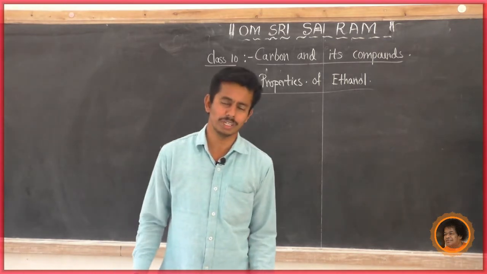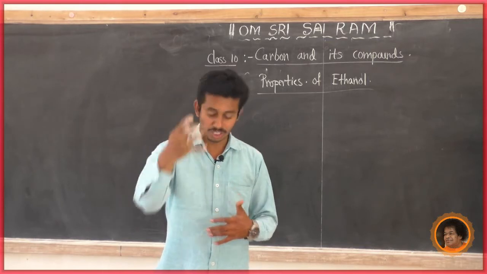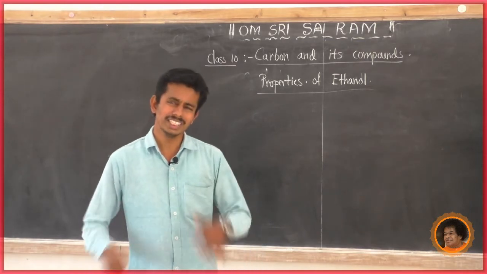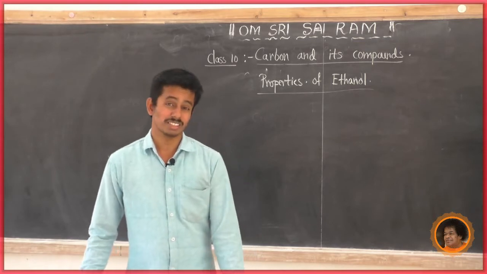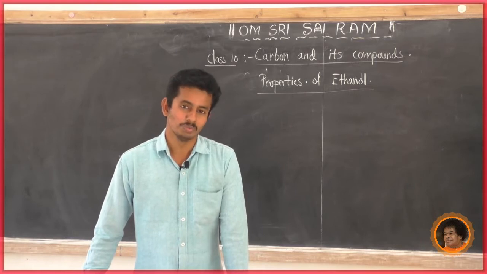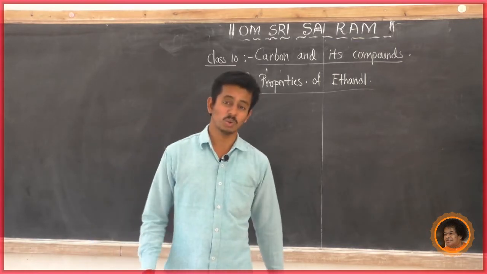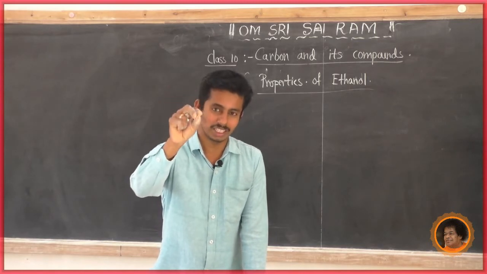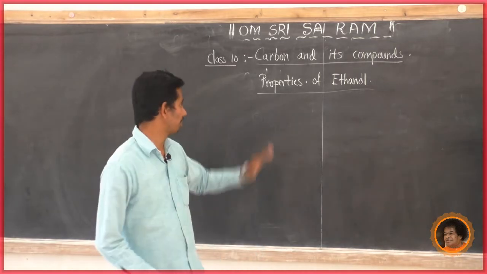What do you mean by solvent? It has the capacity to dissolve everything in itself. It is a good solvent. Third property is, it is easily soluble in water. Then fourth is, dilute ethanol causes drunkenness. What do you mean by drunkenness? Amalu. If you drink it, you become intoxicated. That is why it is used in all alcoholic drinks. So it causes drunkenness. These are the different properties of ethanol.